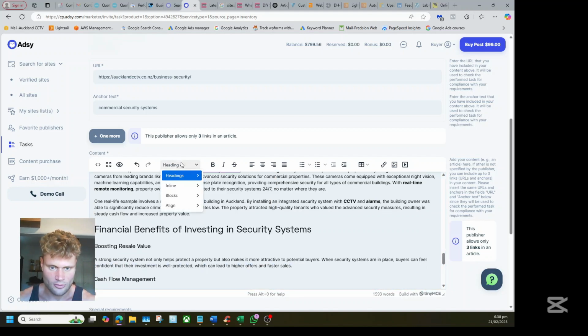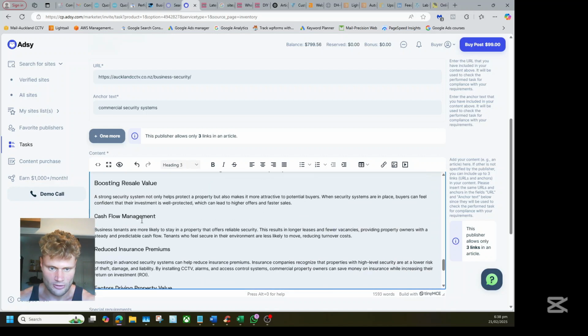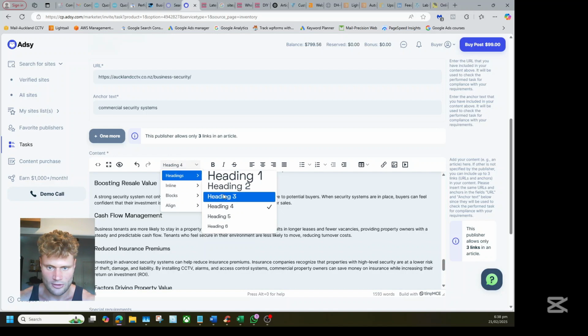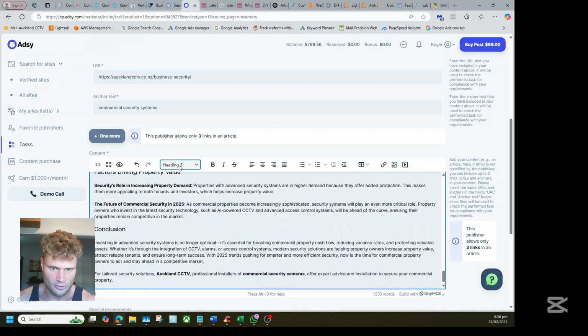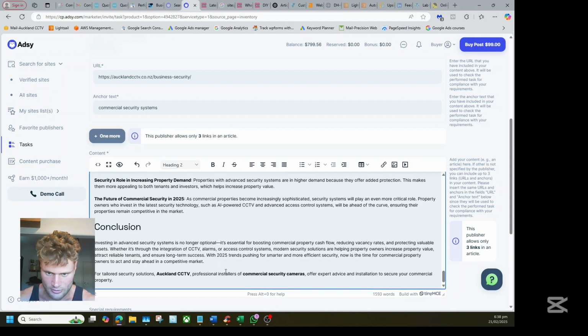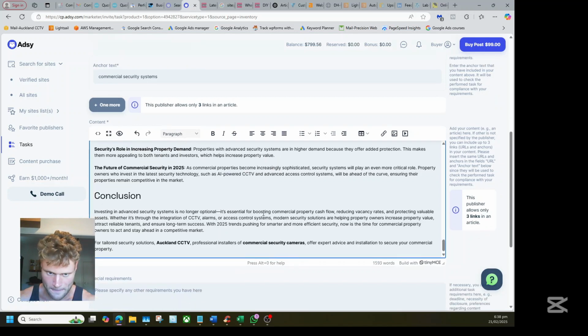Keep formatting. Heading 2. Heading 3. Heading 3. Heading 3. Heading 3. Conclusion is going to be heading 2. Cool. Publisher allows 3 links in an article.